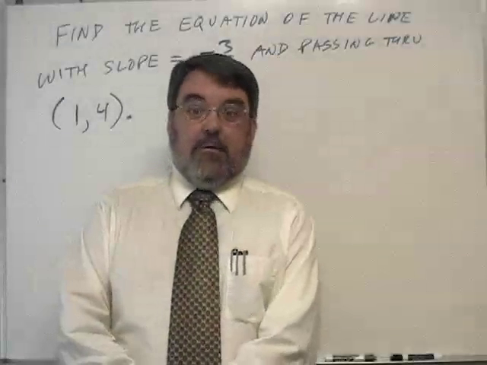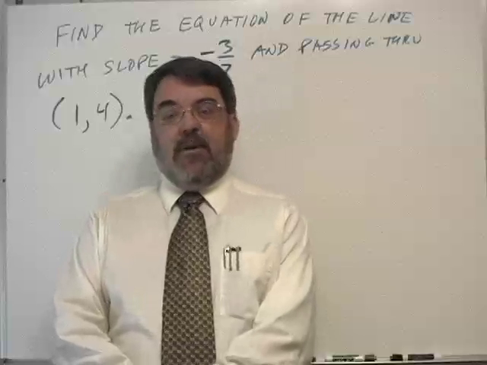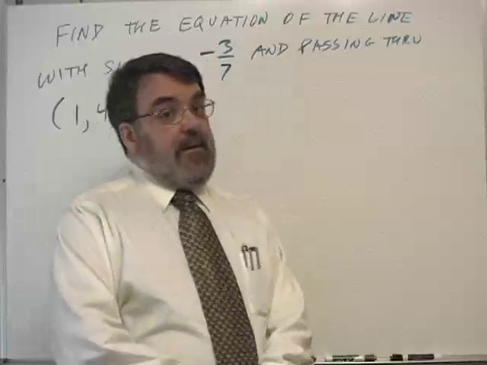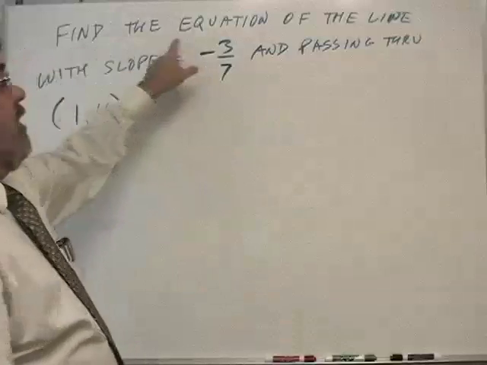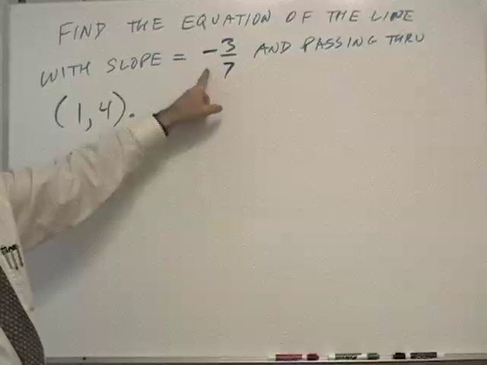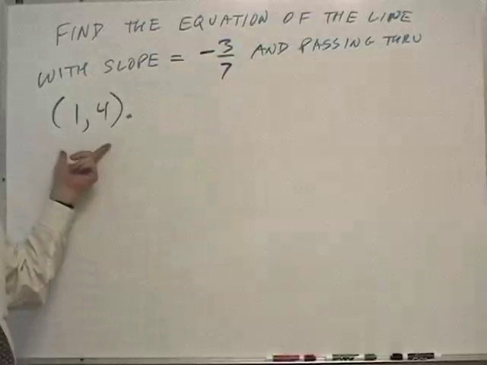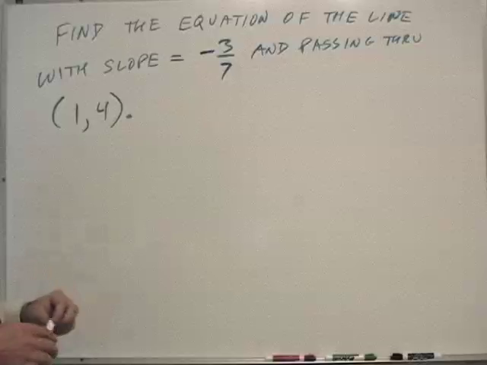Now we're going to begin in earnest to find equations of lines from given information. And the first problem I have for you is: find the equation of the line with slope equal to -3/7 and passing through the point (1, 4). Alright, now